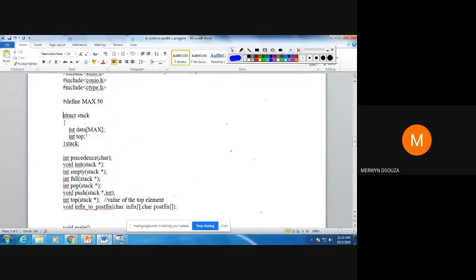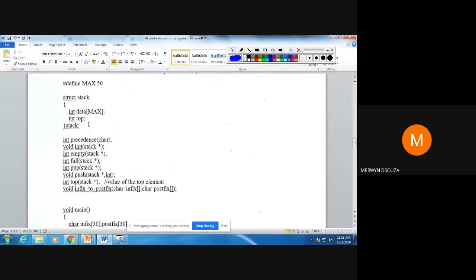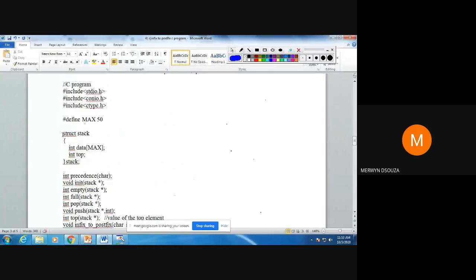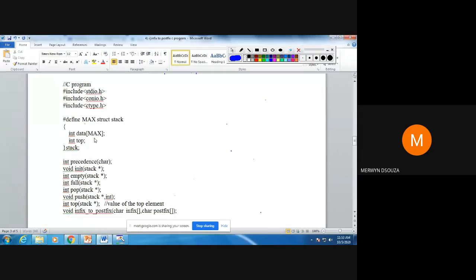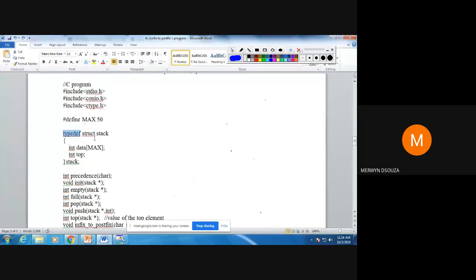You will have to add the word struct everywhere this variable has been defined. So to avoid putting that, I just put this word typedef there.